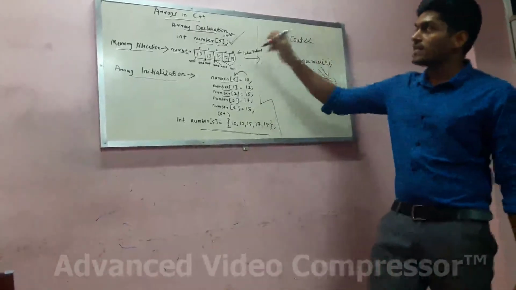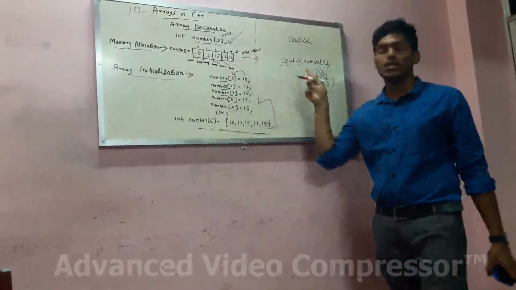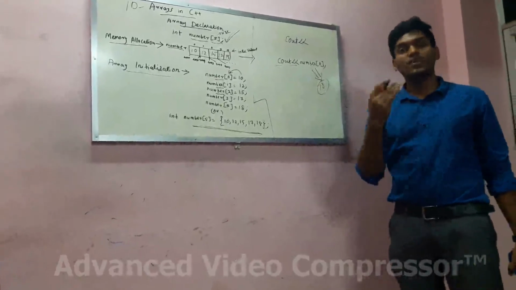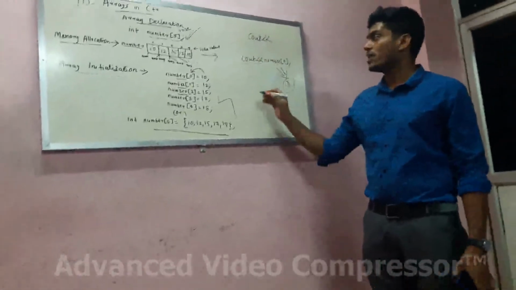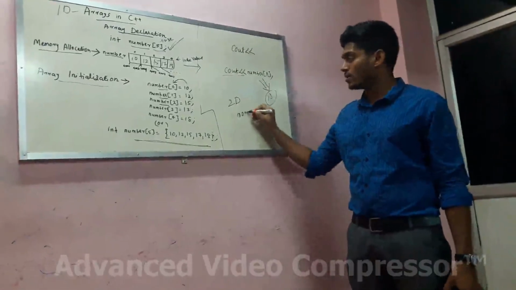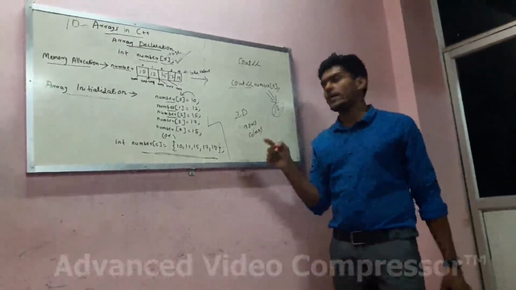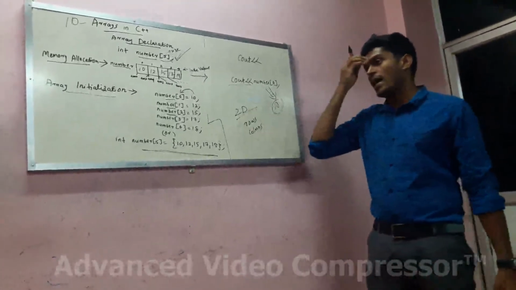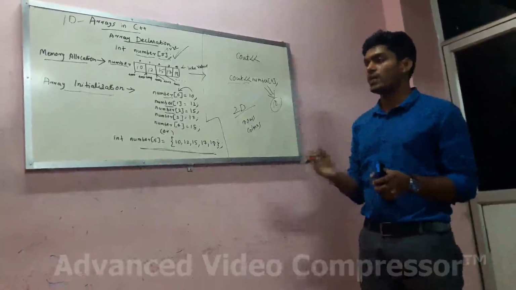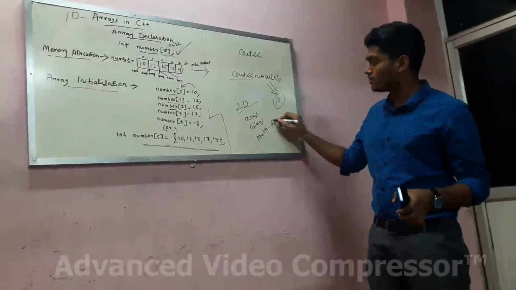So this is about a one-dimensional array. We have only a single row of data, and a table of data can be represented using an array. There we are using a two-dimensional array. There we will have rows and columns. So if we need to store a table of data, we can use a two-dimensional array. And if we need to represent more complex arrangements, we can use multi-dimensional